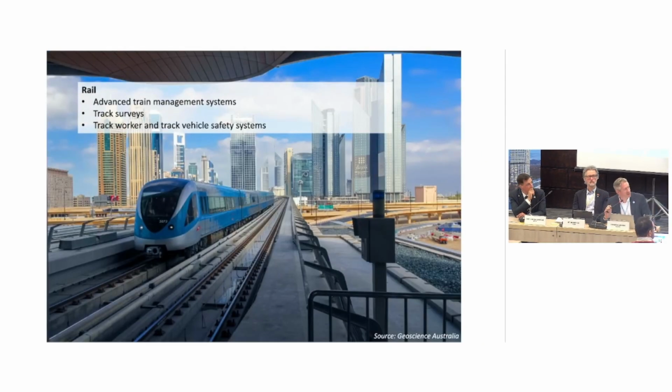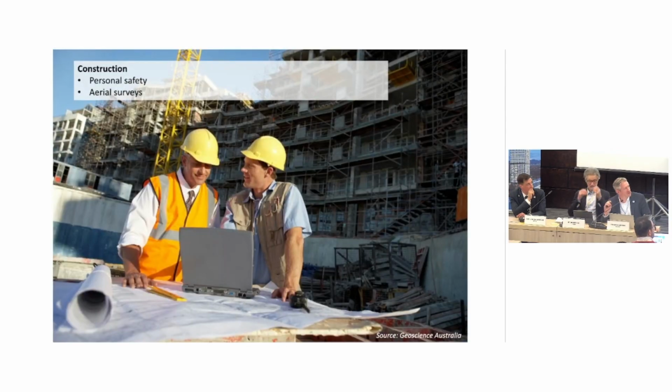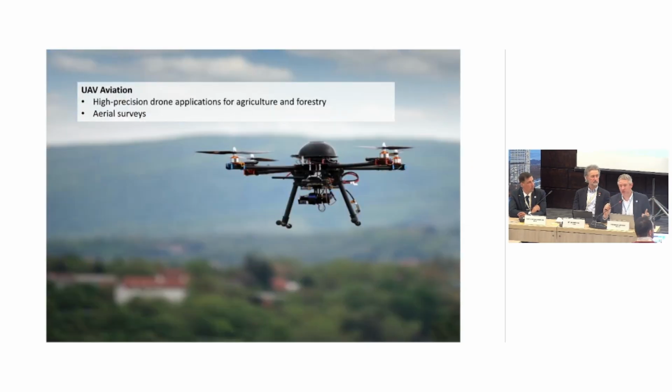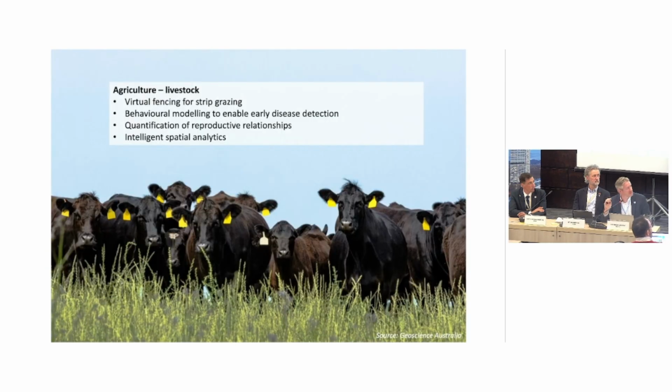Understanding the improvements in advanced rail networks. Construction, how do we improve personal safety and do aerial surveys? In this case, they were talking about having virtual fencing. So they have these little vibrating components in the backs of helmets that if trucks and people get too close to each other, or a truck goes into an area it's not meant to be, the people can get alerted by a buzzing in their helmet. That's all based on positioning technology and providing improved safety. Drone deliveries. Drones being used for agriculture and spraying to improve environmental outcomes.